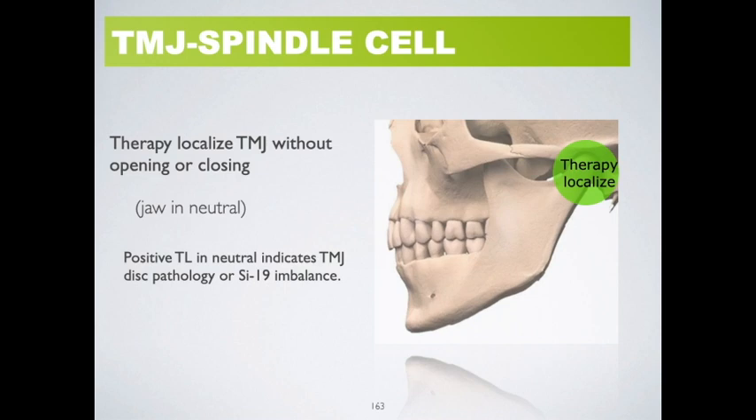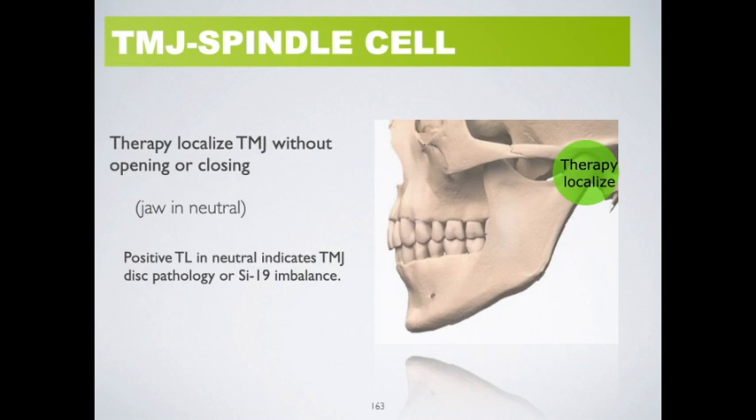So we've gone through the protocol. We've screened for a neurologic tooth or found one and fixed it. Then we move on to opening. If we found maybe a fascial flush, we fix that. Then we have the patient therapy localize without any jaw motion. Now, a positive TL without any jaw motion, you may have pathology in the joint itself. There could be a problem with the disc,